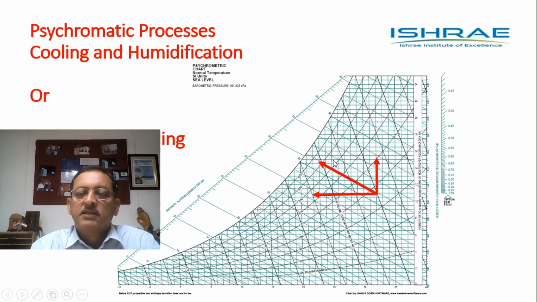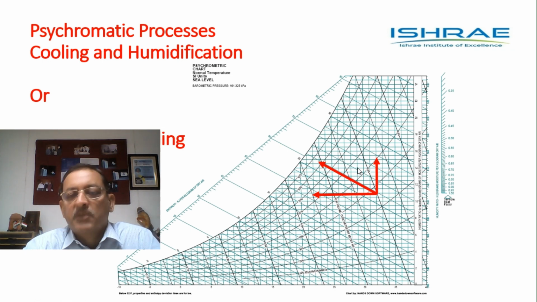Now you can see that this line is parallel to the constant enthalpy line. So the enthalpy or the total energy of air remains constant in this kind of cooling process, which is